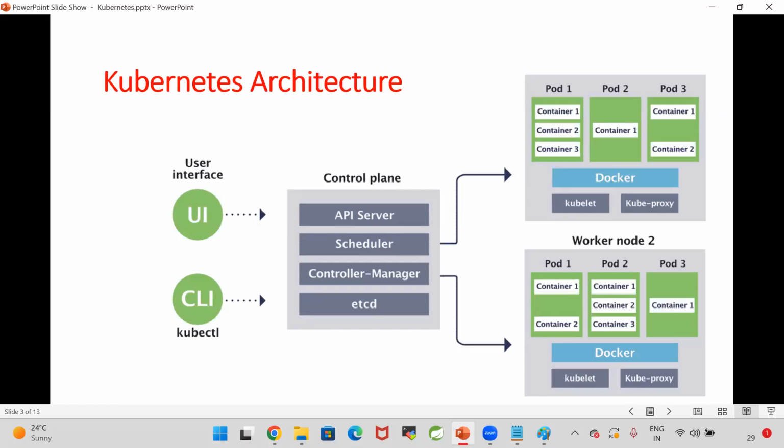So how many ways can I interact with the control plane? I can interact in two ways. One is by using user interface, web dashboard, and second one is by using kubectl. Kubectl is a CLI software which is used to communicate with the Kubernetes control plane.